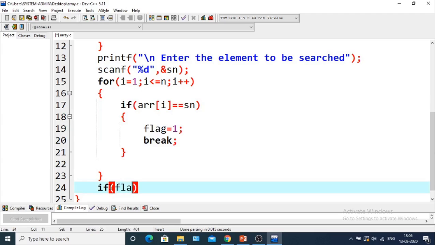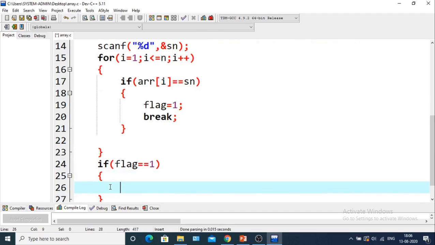So if flag is equal to 1, then we can print that the element is found.